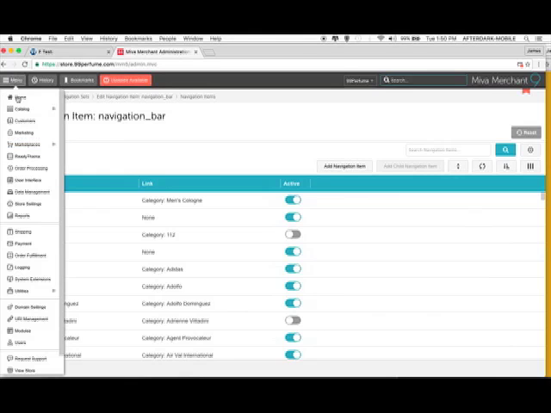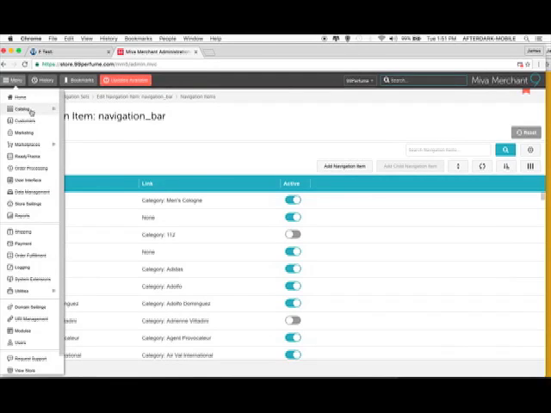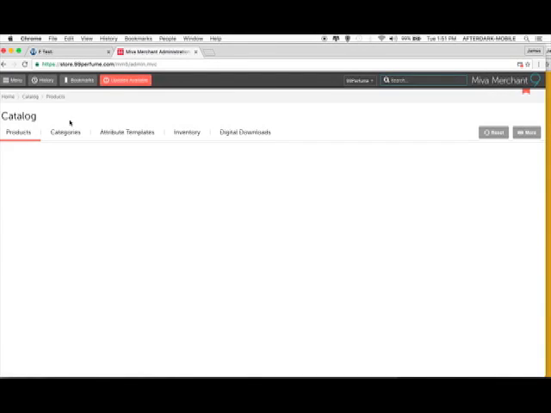So you have to create a category first, just to summarize, right? And then you go into Ready Theme and you add it on the menu. That's all you got to do. Real simple. Okay, so now if I needed to add some products to that category, I go back in here